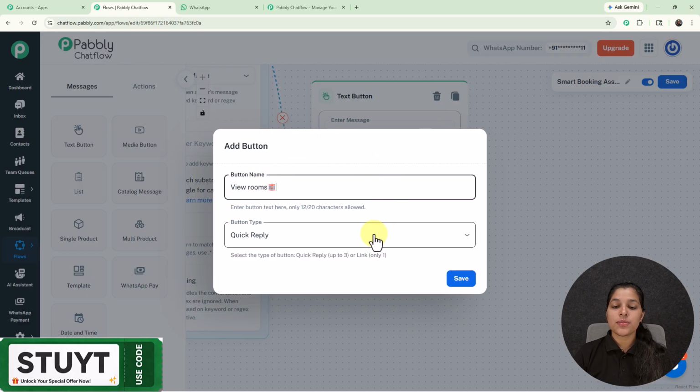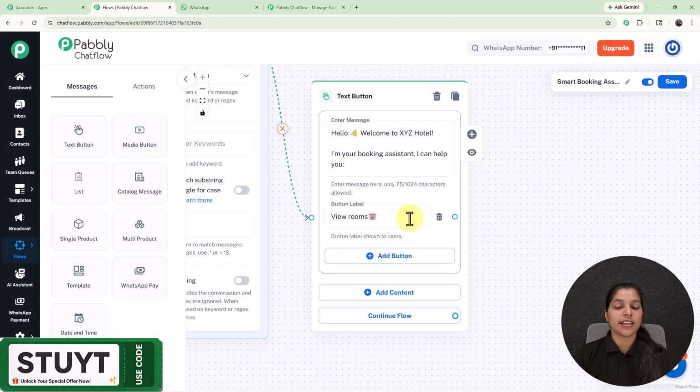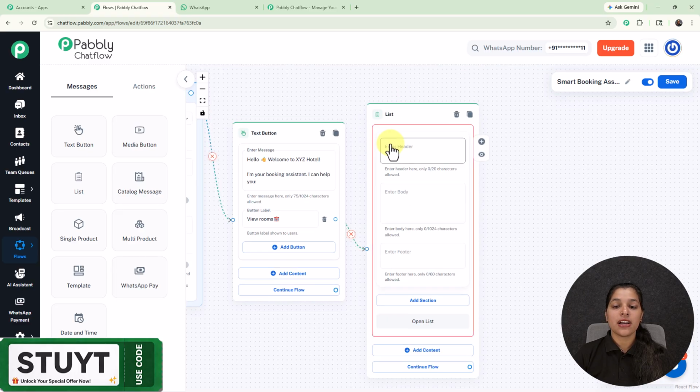Now from this button type field you can select your button type as quick reply or link, if you want this button to act as a link. Now we just have to click over the save button, and here our button has been successfully created. Now if my user selects this button, that is view rooms, I'm going to provide them a list of the rooms available in my hotel. So here I'm going to just drag and drop,